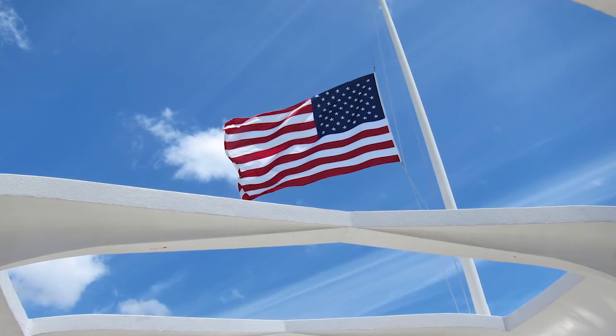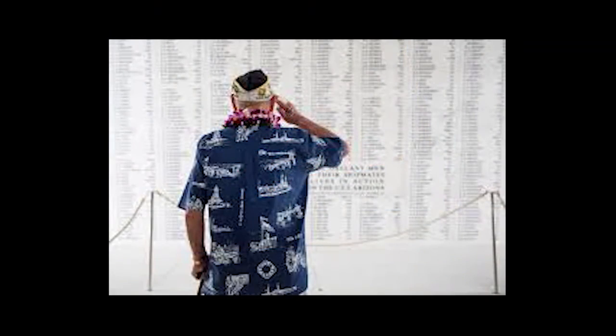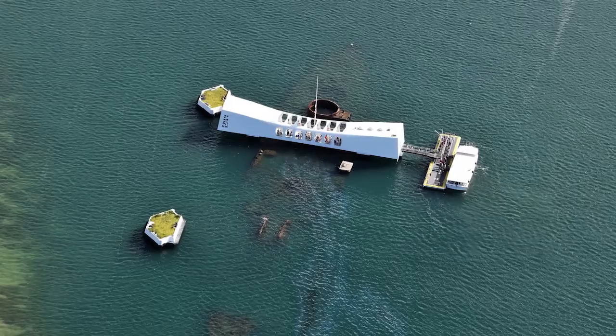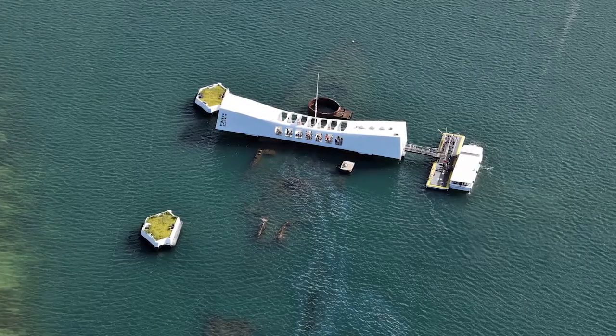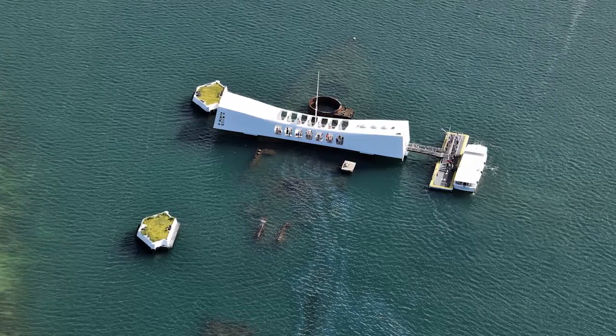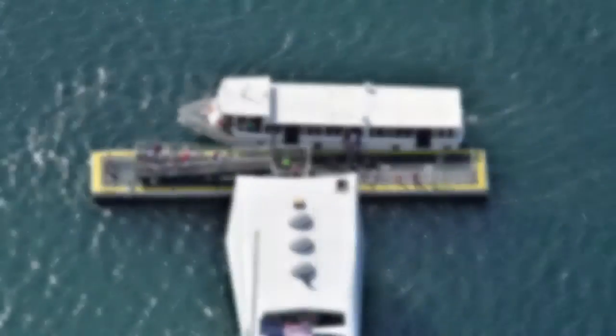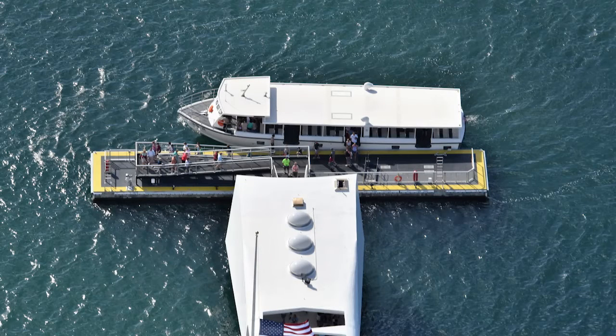A day that will live in infamy. A solemn reminder of our nation's sacrifice for freedom. After 25 years of service at one of the most treasured and moving memorials honoring our nation's Navy servicemen and women, the receiving dock for guests at the USS Arizona Memorial had served its time. The historical significance of the 75th anniversary of Pearl Harbor Day on December 7, 2016 provided the stimulus to replace